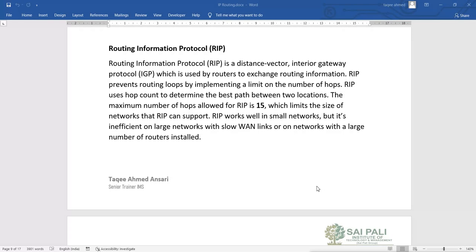That is, it puts lots of load on your router, because it has to find the way to reach the destination network, and for that it does the calculation, and based on that it will find the best path to the destination, and because of that it puts lots of load on your router. Now there are some dynamic routing protocols which we use in dynamic routing. That is Routing Information Protocol, RIP, IGRP, OSPF, EIGRP. So first we will see RIP, how we can configure RIP.